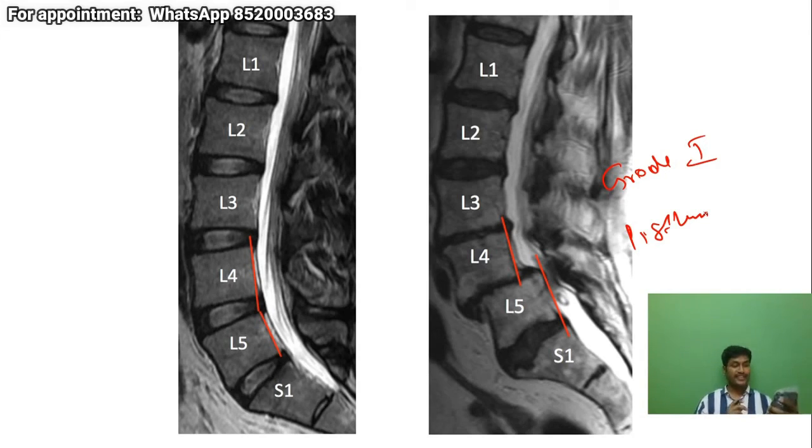Physioplexus is asking what is the sensitivity of MRI. The sensitivity of MRI is very good. You can say more than 95-96%, but specificity is low. If you find a finding on MRI, you can't say that is the cause of pain. Whatever findings you find on MRI, you will have to correlate with the clinical picture and assess whether that is the cause of pain or not. Older MRI and X-ray can be related to it. They can be, but usually you get a fresh MRI if the symptoms are of new onset.